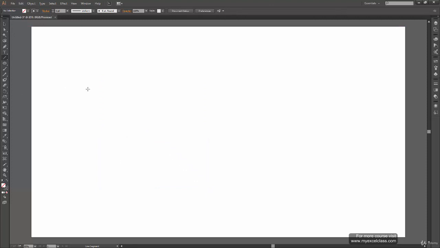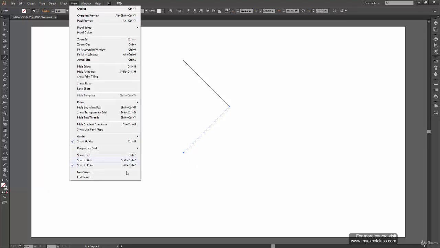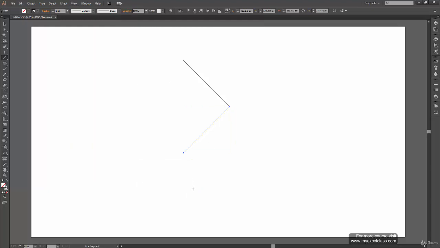So with that learned, let's create a square using this technique. What I'm going to do is click and drag and hold the shift key to get the line at a 45-degree angle. And again from this anchor point, I'm going to create another line. I'm holding the shift key and there I have my line. I think this is fine. Now note that you should have your smart guides on while doing this because it will automatically snap your starting point to the anchor point of a previous line.